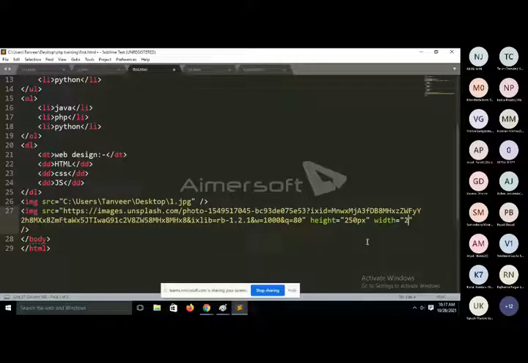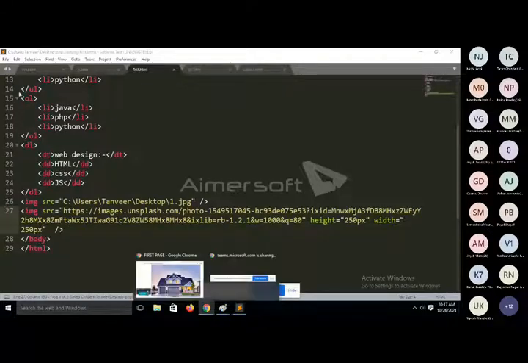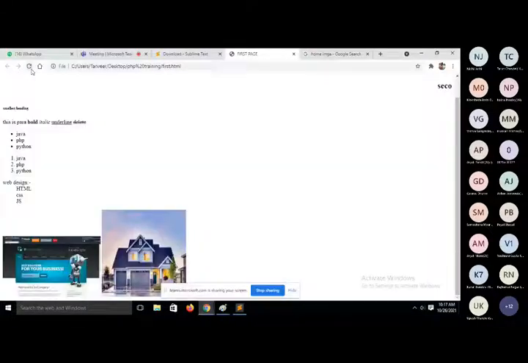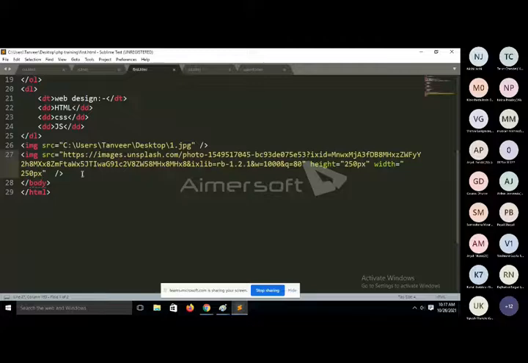See, when you refresh, now this image has 250 pixels height and 250 pixels width. Both are the images. If we want to give a hyperlink, then we will use the anchor tag. So the anchor tag is mainly used for what? A hyperlink.